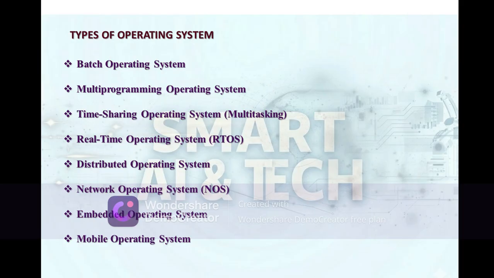There are several types of operating system. First one is the batch operating system. Second one is the multi-programming operating system. Third one is the time sharing operating system. Fourth one is the real-time operating system. Fifth one is the distributed operating system. Sixth one is the network operating system. Seventh one is the embedded operating system. And last one is the mobile operating system. Now I'll describe each of the operating systems